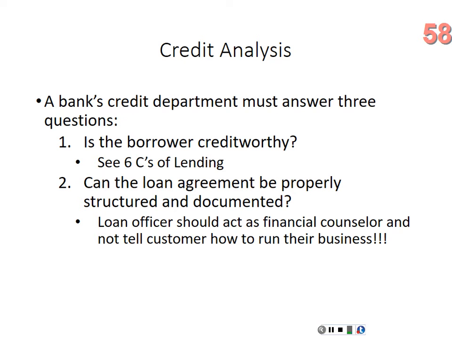Another example of this would be if you loan money to a customer to buy a lawnmower. They have a mowing business, and they estimate that mower is going to last 4 years. It's going to create cash flow for them for 4 years. You're not doing your customer a favor by financing that mower for 10 years, because it's only going to create cash flow, it's estimated, for 4 years. So that's called the matching principle, where you're matching the life of the asset to the life of the loan.